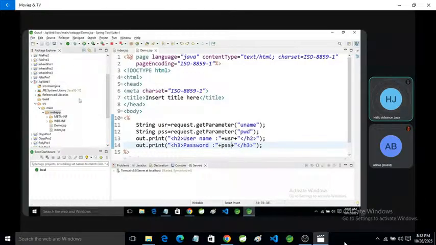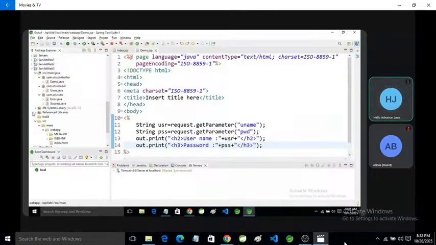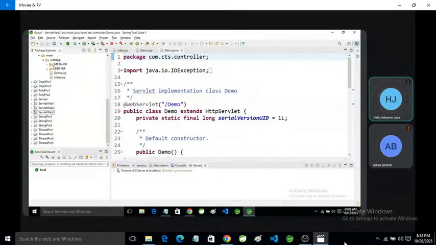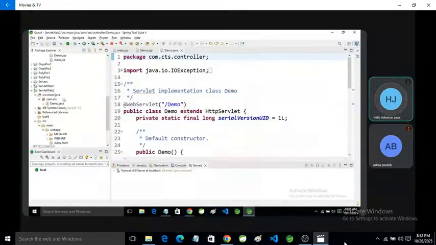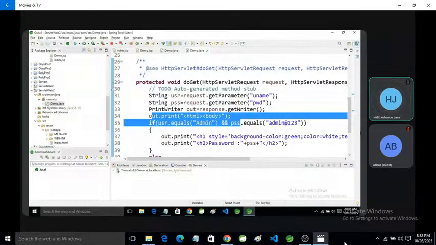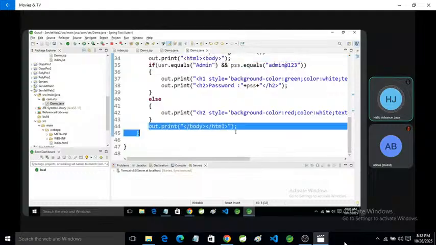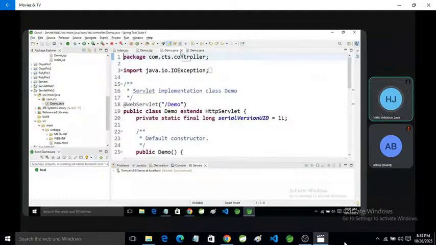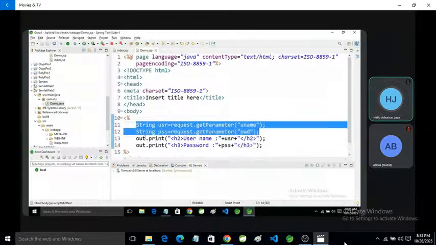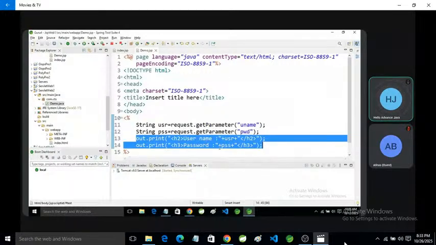Okay, so in the last example, I think we remember, we needed to print from the object and we needed to add the HTML tags. Here we have no need of this. Directly here we only receive the values from the front end, use the out object and print on the screen.